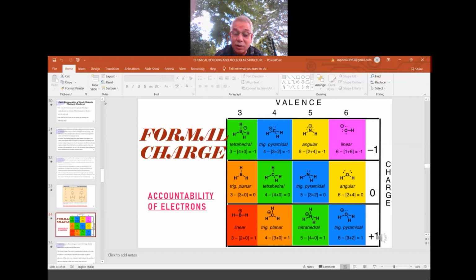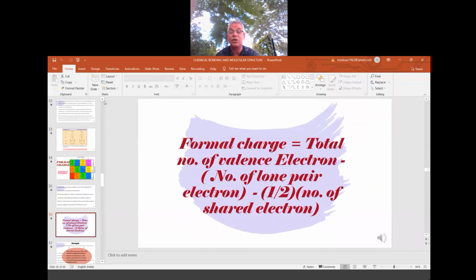Okay, so just in the form of a chart I gave, now exactly we will calculate. Formal charge is equal to total number of valence electrons minus number of lone pair of electrons minus number of shared pair of electrons by 2. This by 2 is there for the number of shared electrons. Shared pair of electrons is also called as what? Bond pair, because they have shared and a bond is formed.